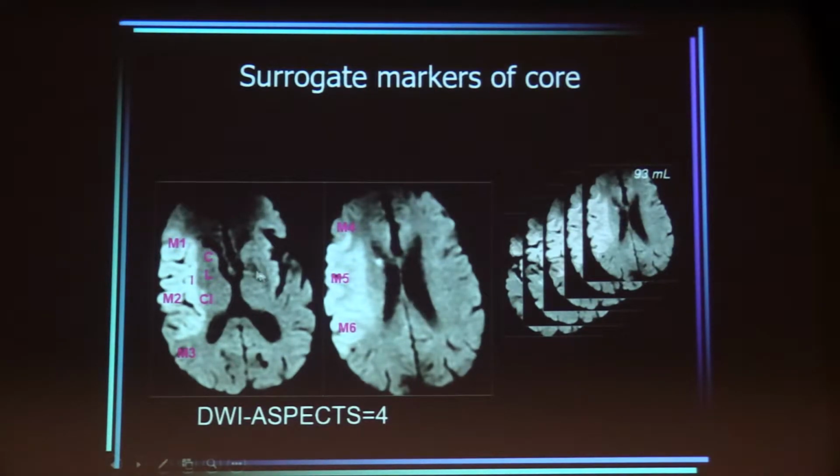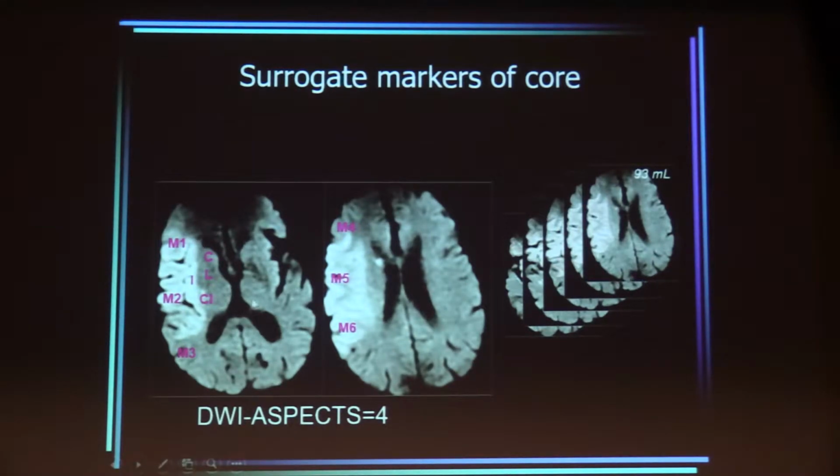The first section is the one at the level of the gray nuclei, and the second slice is the one where you don't see the gray nuclei anymore. You look at these areas, and every time you see a bright spot on diffusion, it's scored 1 point. The patient starts with 10 points if he's got nothing, and 0 if all 10 areas are affected.